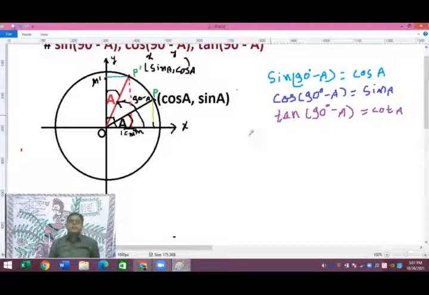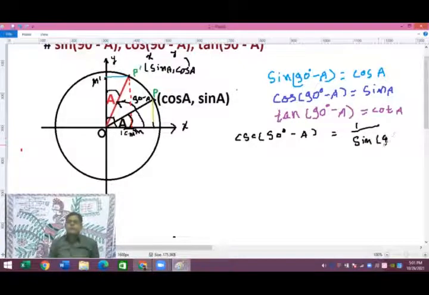Reciprocals, in the sense that cosec (90 degrees minus A) would be 1 by sine (90 degrees minus A). And you know sine (90 degrees minus A) is cos A, so you can write 1 by cos A, which is sec A. Alright, so similarly you can find for